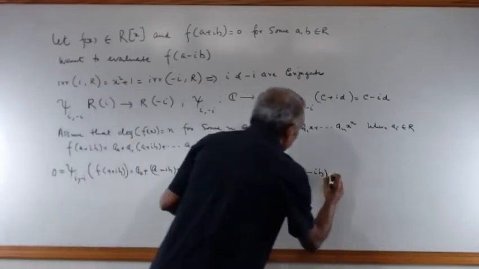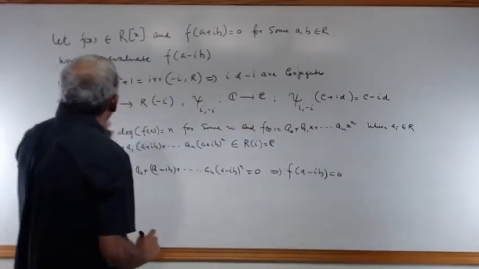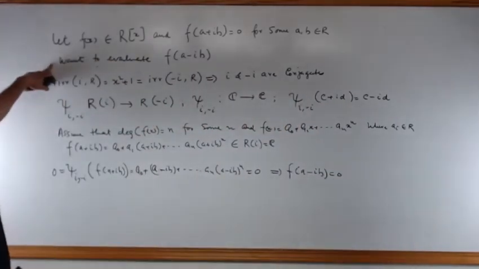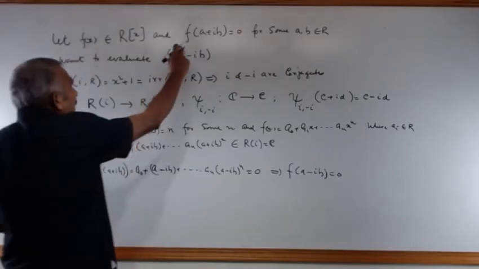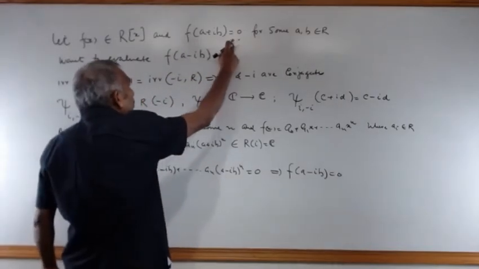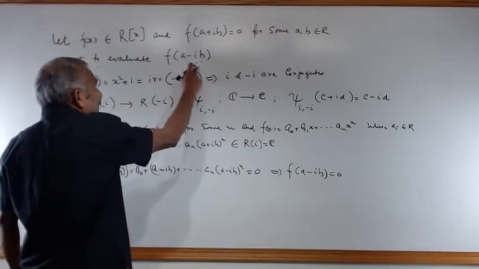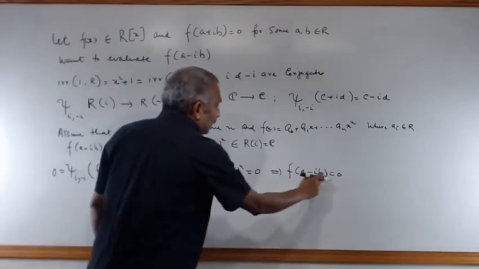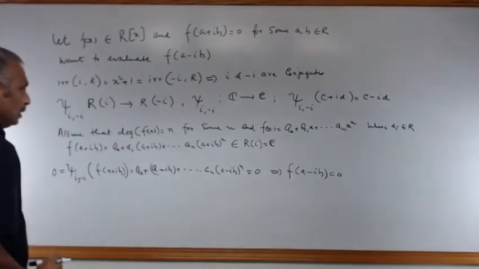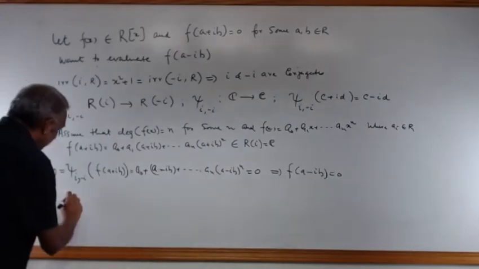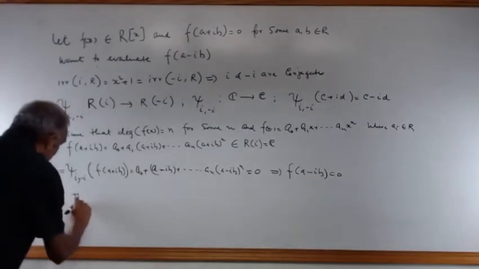And that is equal to 0. That's what we want to find out. If f of a plus ib is equal to 0, what is the value of f of a minus ib? A minus ib is also 0. So the result is the zeros